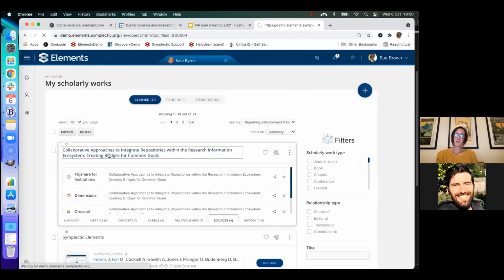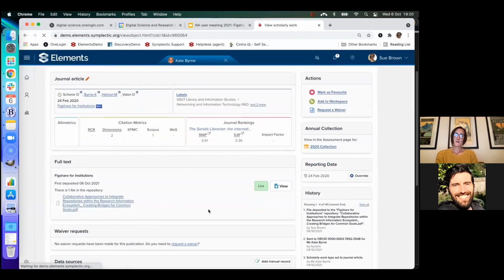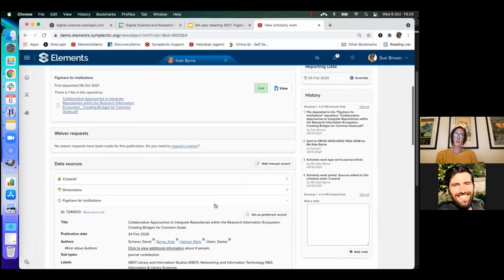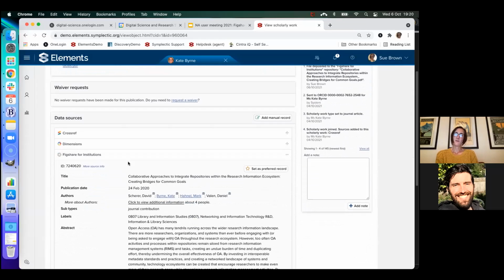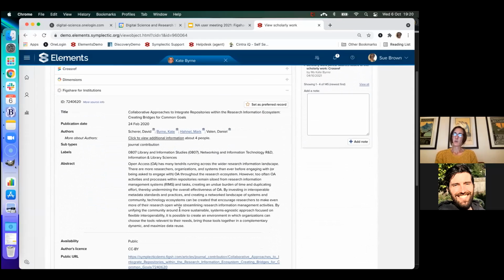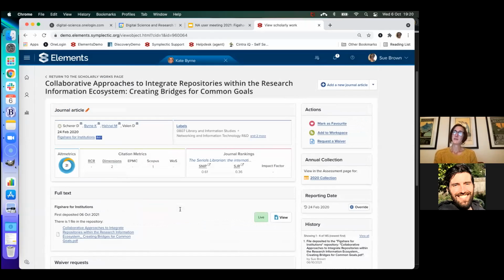What we'll do here is just quickly jump in to the record. You'll see confirmation of that deposit there again with the status. And down here, we have the Figshare for Institutions data source expanded, showing all that rich metadata as well. I also quickly want to touch on the reuse and jump into Kate's public profile, because what I'm hoping we'll see by doing that is that within a matter of moments, into Kate's Scholarly Works,